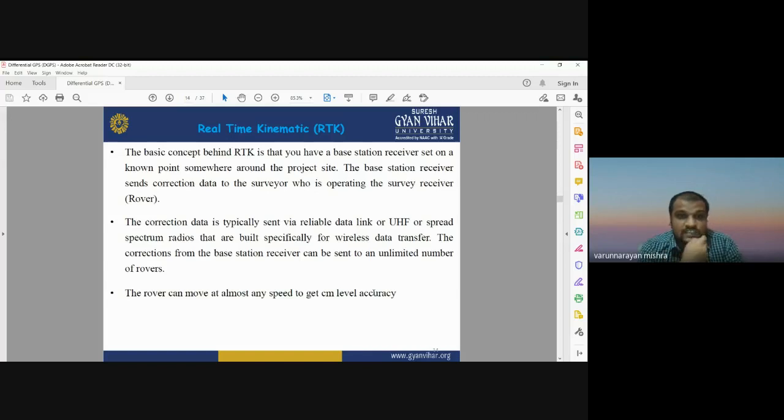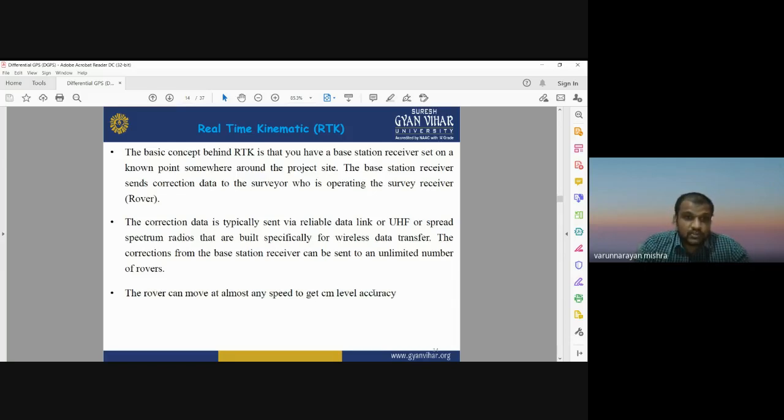Third one is real time kinematics, RTK. RTK is a little bit difficult in comparison to static and rapid static. It's known as real time kinematics, meaning you have to correct the data sets in real time mode. No need to go to the lab and process the data. You can process the data in the field also. That's what is known as real time kinematics. You are getting the signals from the satellite, and you have to correct the errors in the field also to get the real time coordinates for that position, for that location.